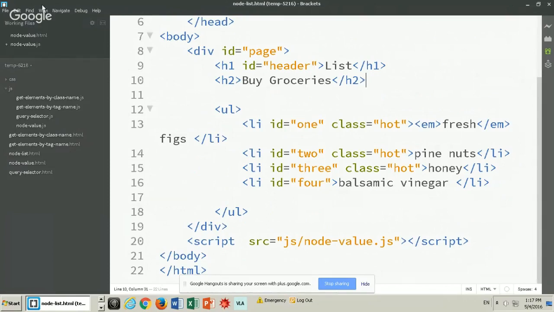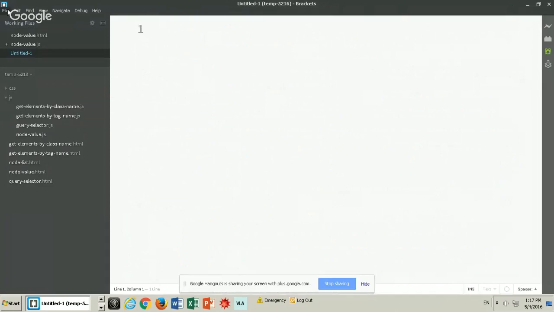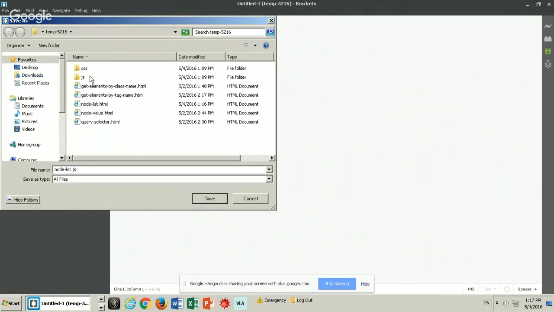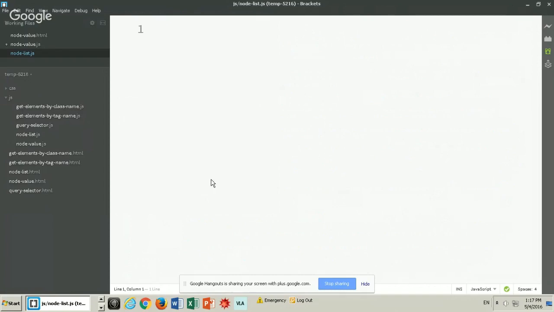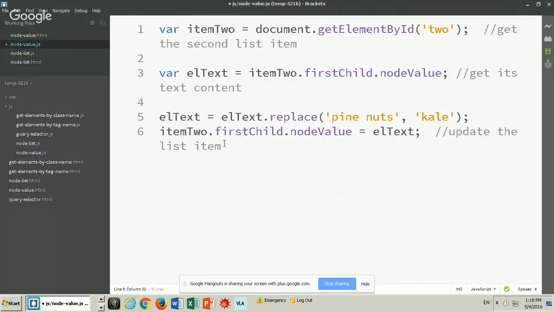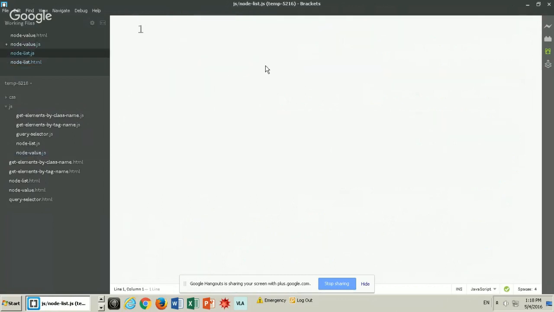And then let's create our nodelist.js file. So we have three list items with a class of hot. Just note this for our next coding lines here. So we're going to have a variable hotItems